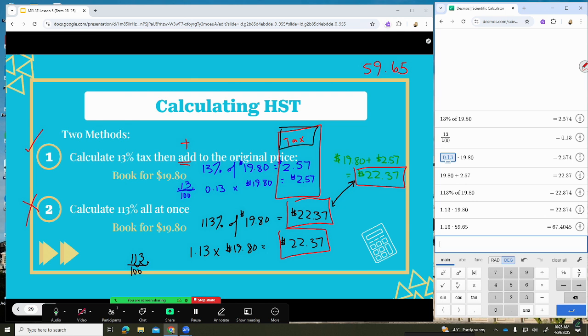If you just need to know how much money you need to have, what this is going to cost me. If I ask a friend to run to Dryden for me to pick up a package of toilet paper that's on sale for, oh my gosh, this is really embarrassing. I don't know how much toilet paper costs. I just put it in the cart with everything else because you need it. Point is, I need to buy the toilet paper, and I ask a friend to grab it for me, and I need to give them the money. I would just multiply it by 113% so that I give them the amount that they're going to need to pay for it.